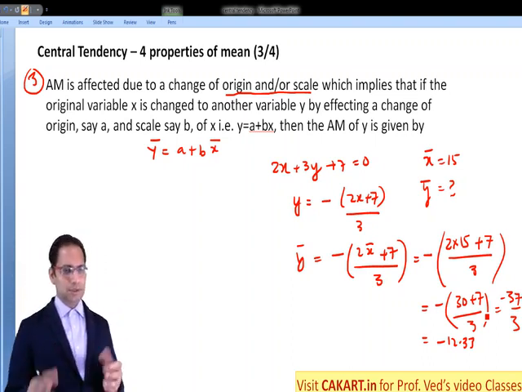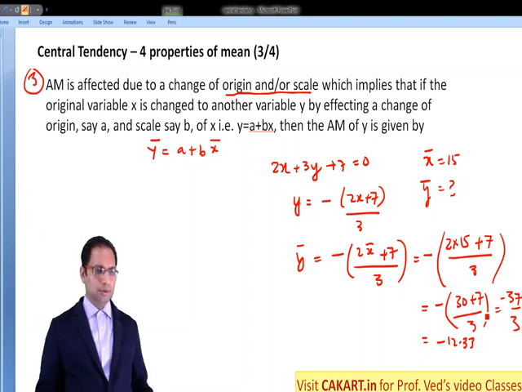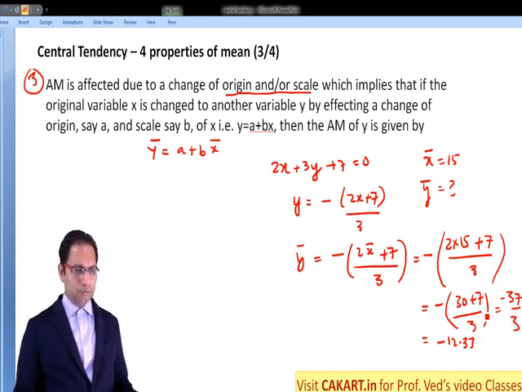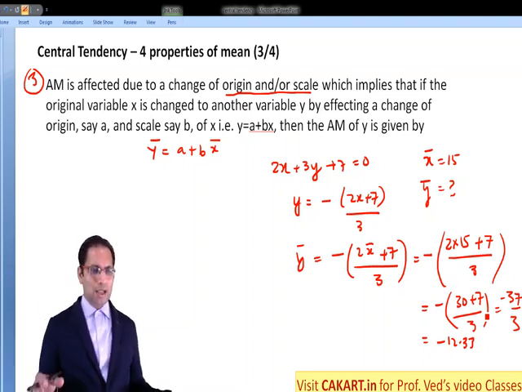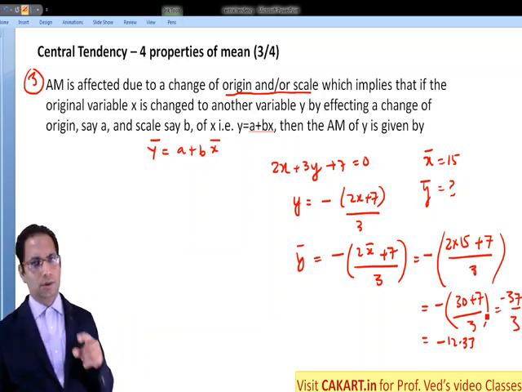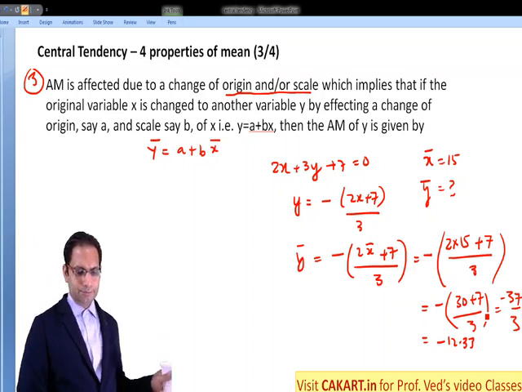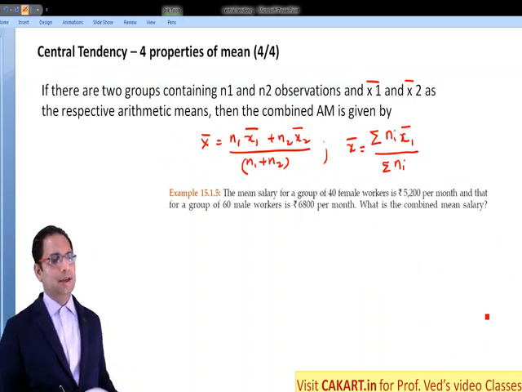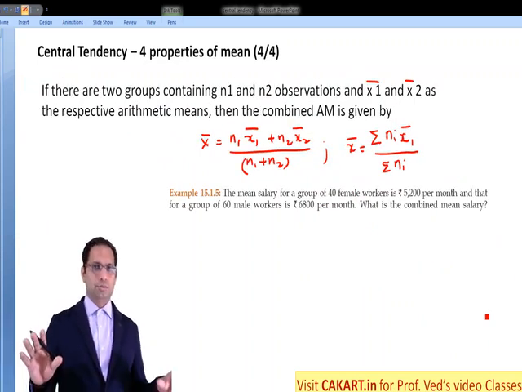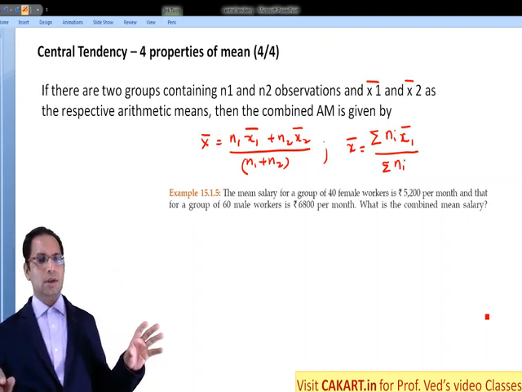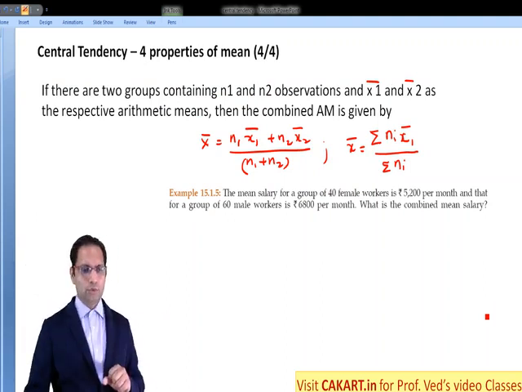It's very, very simple. There is nothing complicated with this property. So now the fourth property, and I think you can be asked a question in the fourth property. So let us just look at the fourth property quickly. The fourth property says that if there are two groups containing n1 and n2 observations, two groups are there,